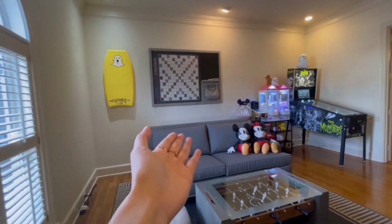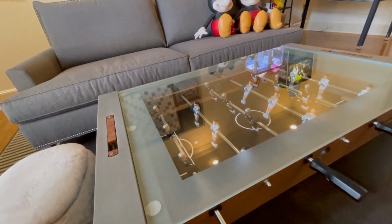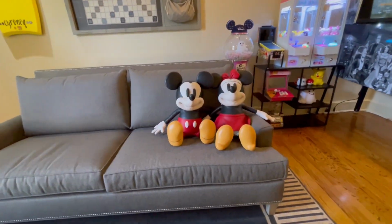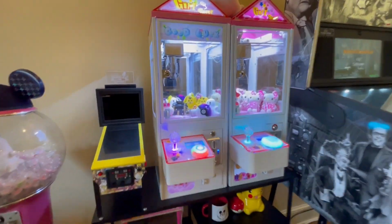You got a giant Scrabble board, my Snapchat boogie board. And this one's new. I just got this. This is a foosball coffee table. Mickey and Minnie right there. They own the couch. Got my gumball machine, my crane games,